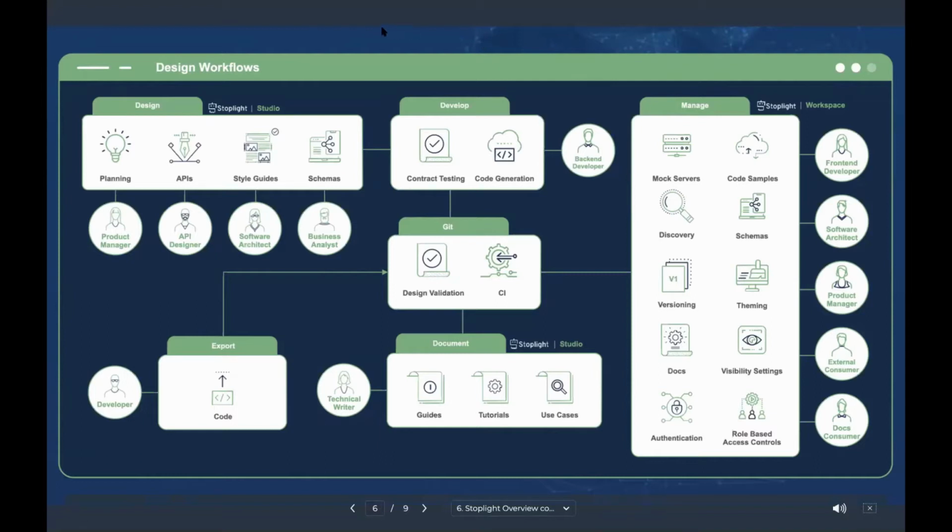And that Git infrastructure will be your source of truth. So if you have any other integration needs, maybe other teams need those files, they'll always be there. Now, the Stoplight Workspace is built around you bringing your own Git. You'll be able to decide if you're using GitHub, for example, or GitLab. Then we have native integrations for all of those providers, and it's under your control, so those files will always